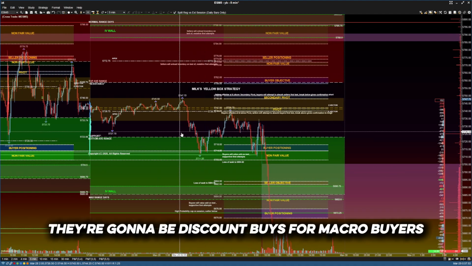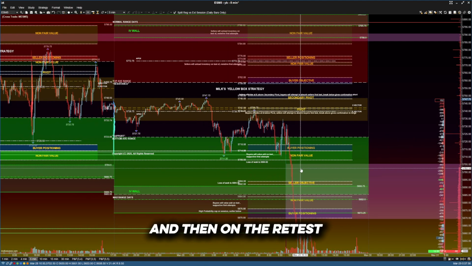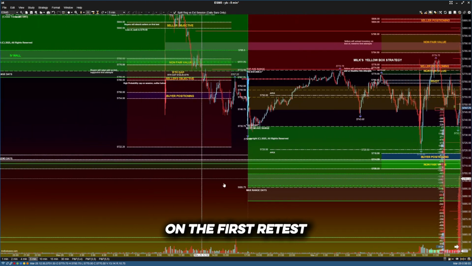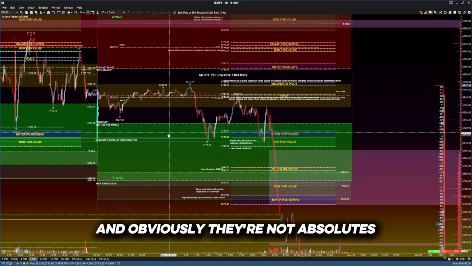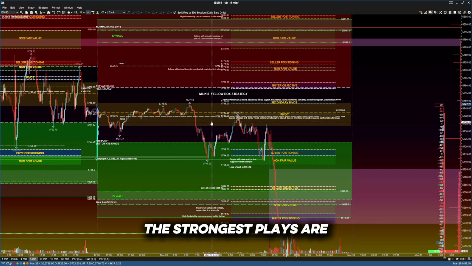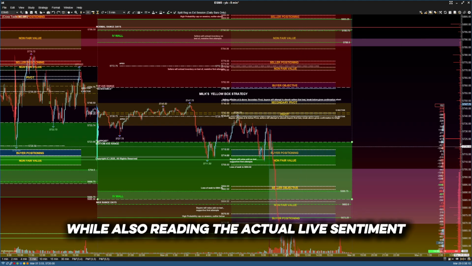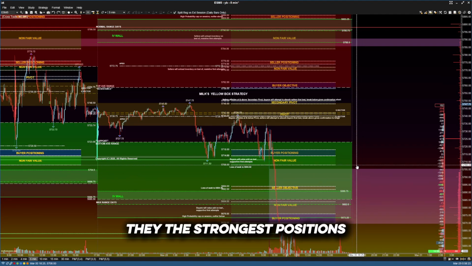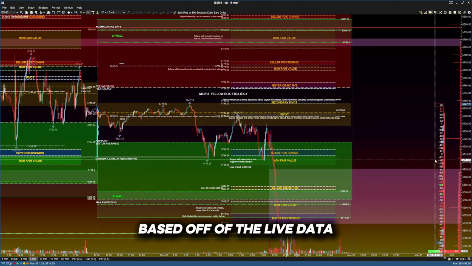First tests, they're going to be discount buys for macro buyers. And then on the retest, they also tend to be very resistive on the first retest. And obviously, they're not absolutes. The strongest plays are when you pair all of these different data together while also reading the actual live sentiment, what's happening. The strongest positions are where you have the confirmation based off of the live data, which typically